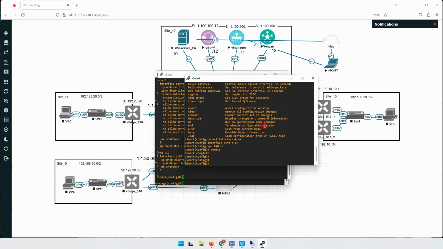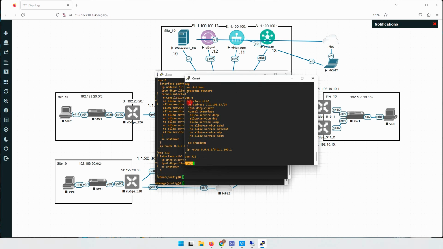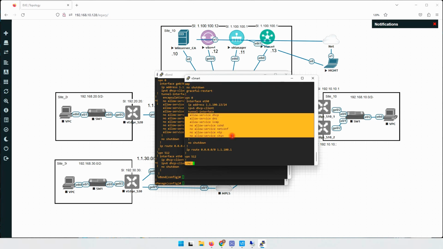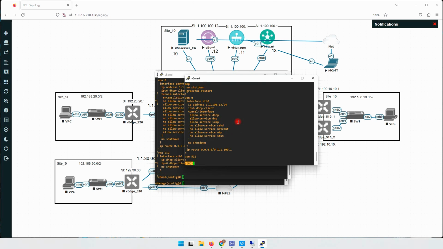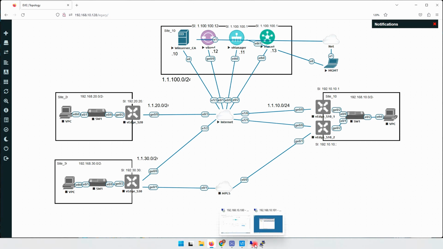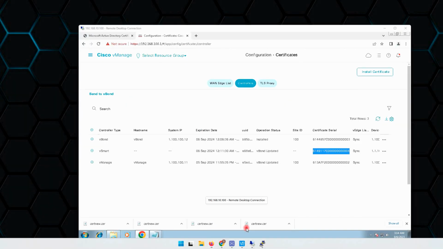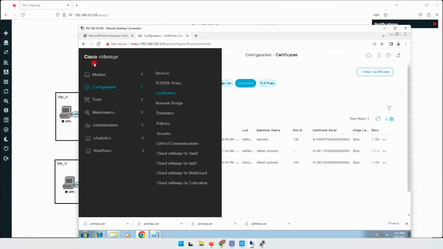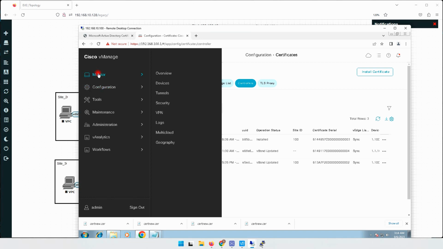Now to show run, you can see that we have tunnel interface enabled with this default configuration for the tunnel interface. Okay, now let's go to our site, and you can see here, if we go to the monitoring overview,